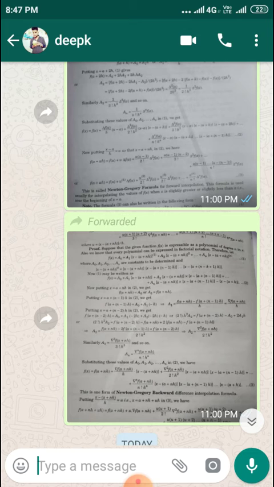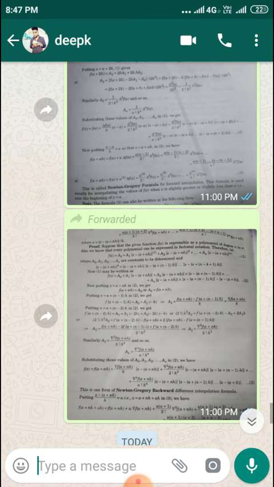Here the exponent is not a power, but the expansion is just like factorial notation, where a0, a1, a2, ..., an are constants to be determined, and (x minus (a plus nh)) to the power k is equal to